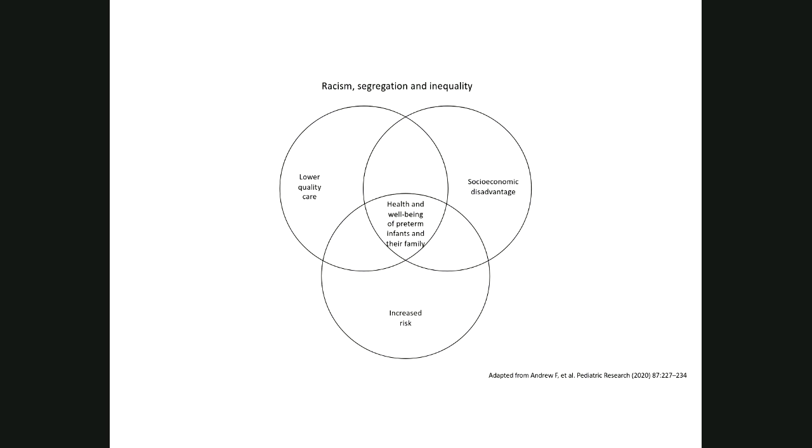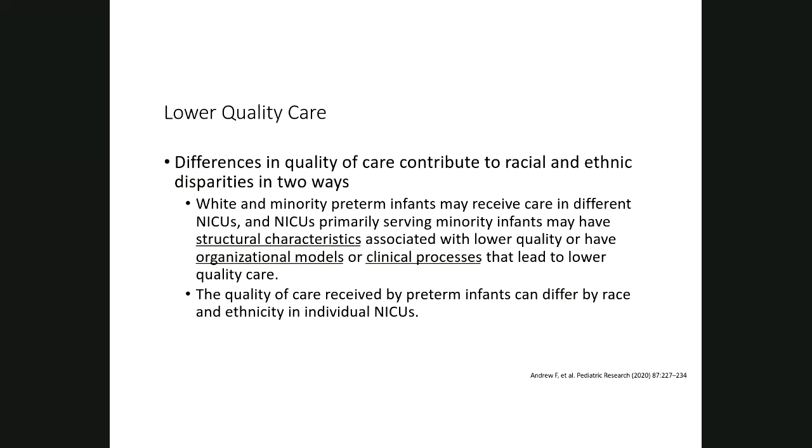This model was proposed by Andrews and a group who wrote a commentary in Pediatric Research and suggested an overlap of lower quality care, socioeconomic disadvantage, and increased risk can affect the health and well-being of preterm infants and their families. The question is, is there really a difference in the quality of care? Well, to answer that question,